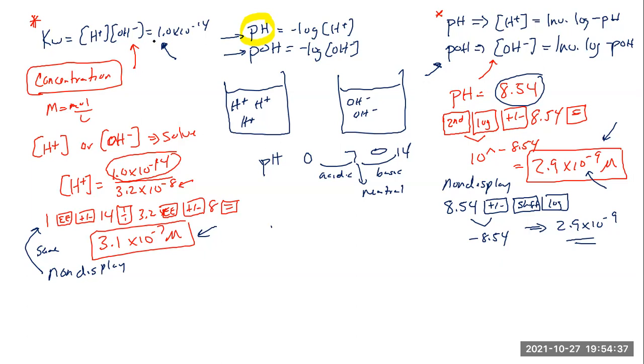And again, the names really do tell you what you need when you are using those. If you are using the pH, as I mentioned earlier, pH means you need the H plus concentration. Remember also, again, H plus and H3O plus are the same. So you need either the H plus or the H3O plus, exactly the same thing. You need one of those two guys to calculate this. And if you're calculating the pOH, again, you need the OH minus concentration here to do that, which is really